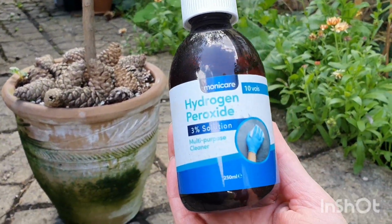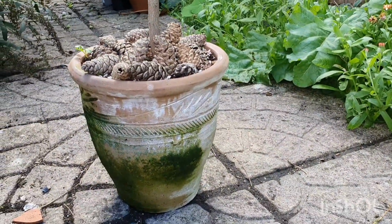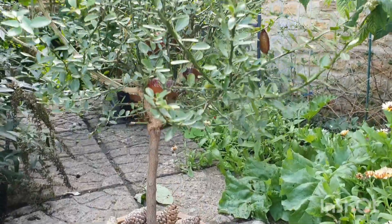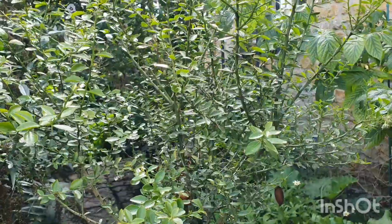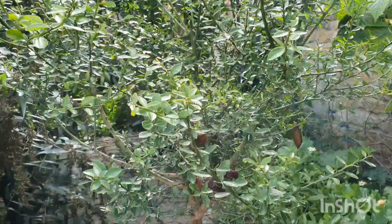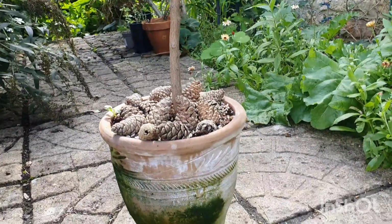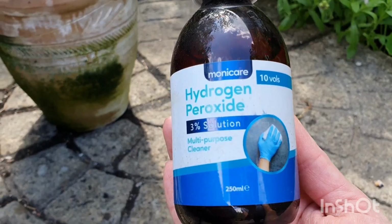I've just been reading up about it, and it really sounds like it's going to be my best friend, because it's actually really good for soil, and it's kind of like a less chemical way to treat plants and pots and all kinds of things. So I think I'll be using it a lot more. It's just oxygen and water. So all I have to do is get this one here, a 3% solution, which is perfect for